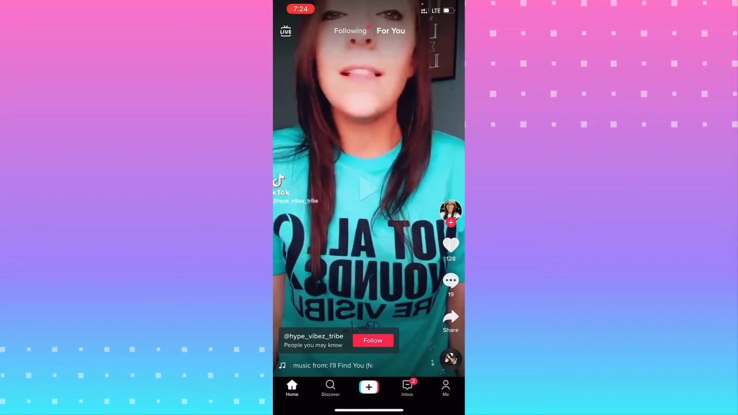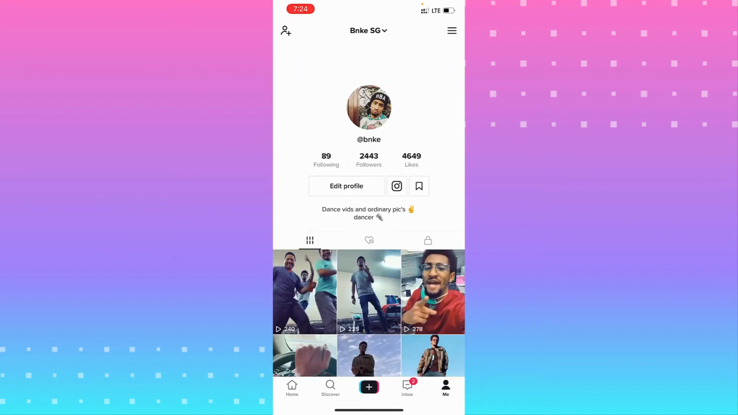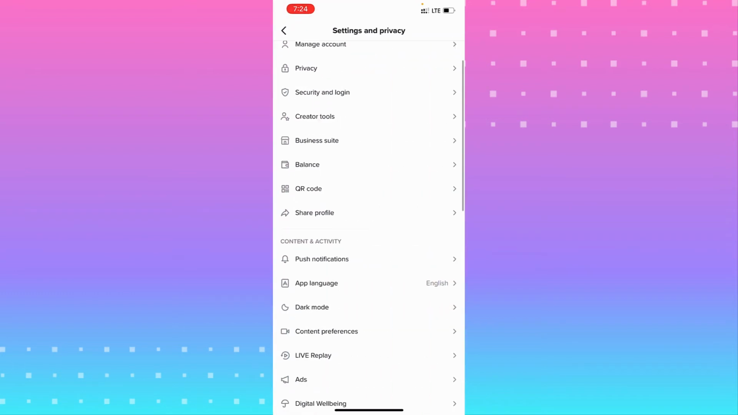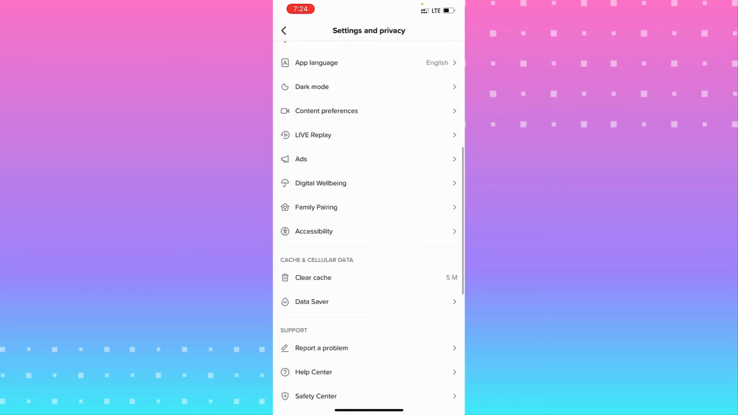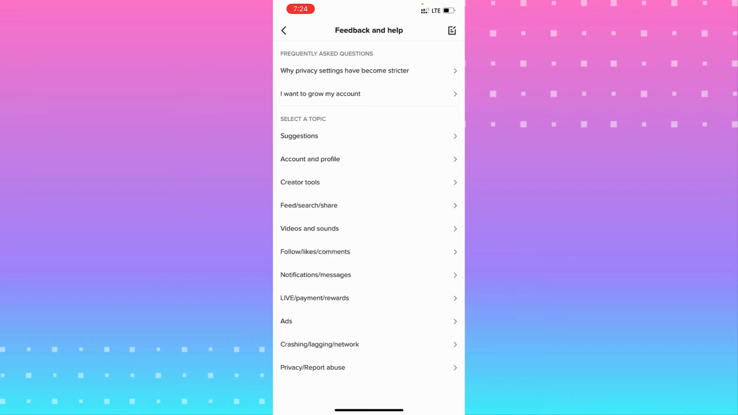If you need to fix that, go to Me in the bottom and go to the three dashes in the top and scroll down and look under Support. You have Report a problem. Wait for a second, that means your internet connection, and go to Account and Profile